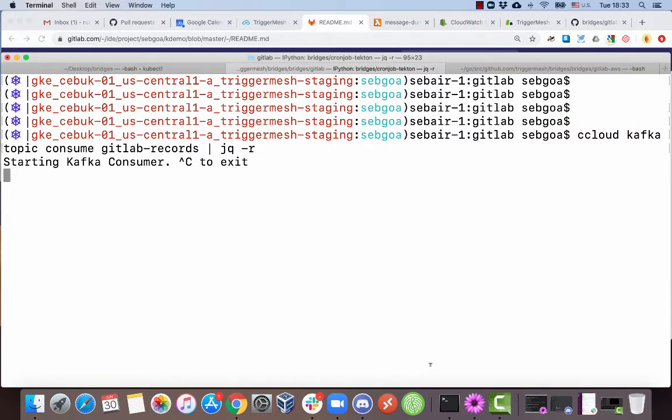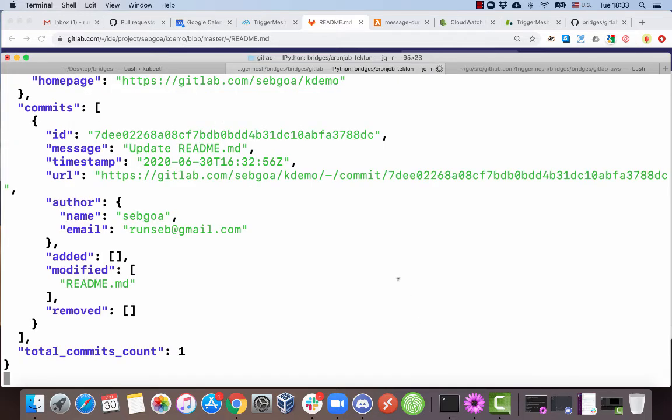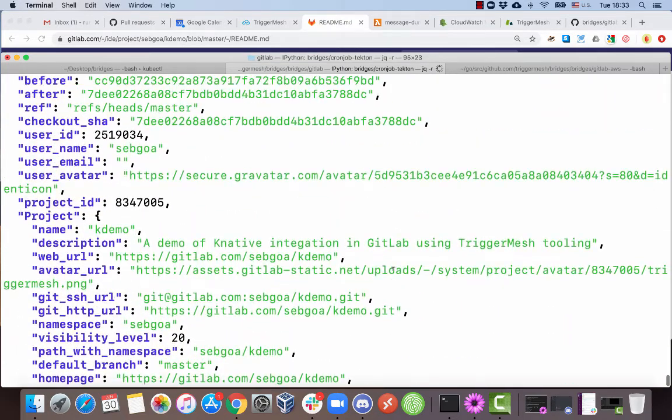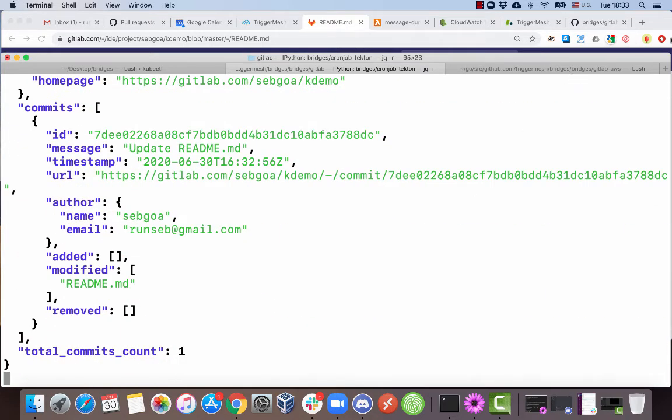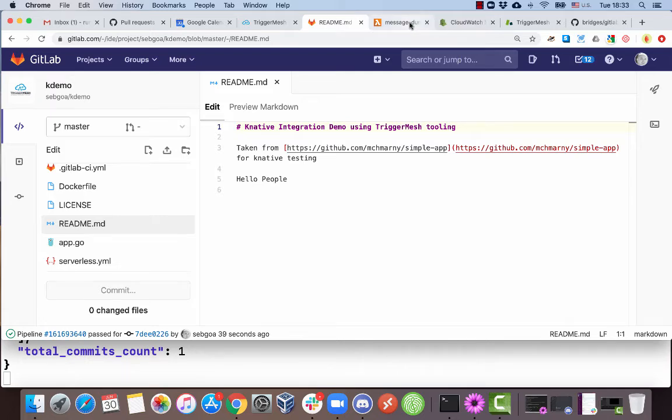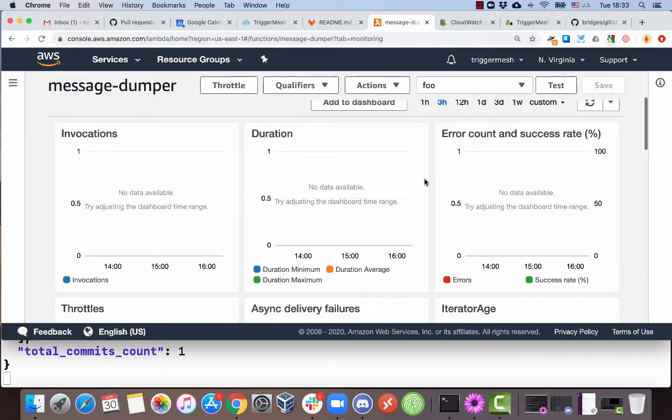I go back to my terminal. I'm consuming events. Boom, here you go. I get the GitLab event, right? This is the actual JSON object that was emitted by GitLab, sent to our GitLab source in TriggerMesh Cloud, which we then injected inside our Kafka cluster running in Confluent. All right? So with this bridge, with this connection, you can keep track and hydrate a data lake of all your development activity,